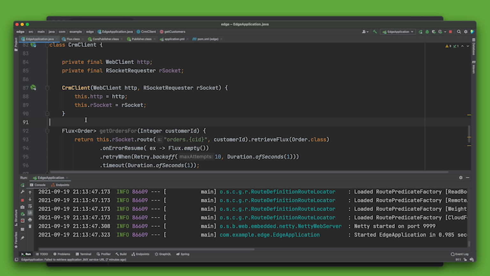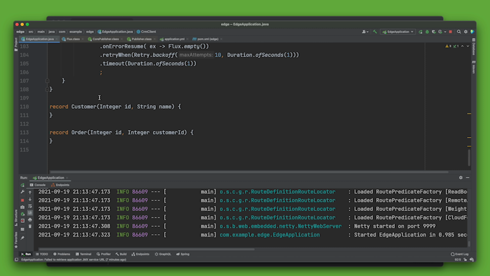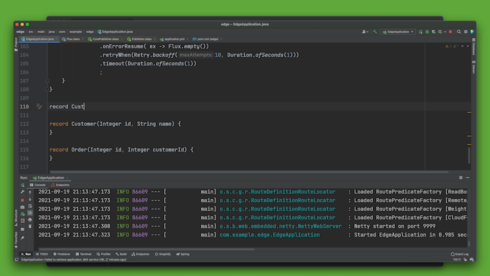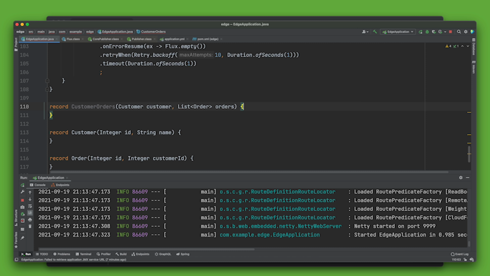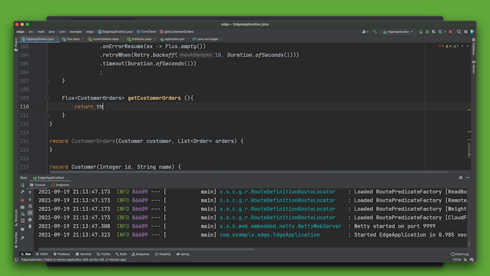But now I want to build, like I say, a composite. I want to compose these streams of data. So I'm going to create a new aggregate here, customer orders, and it'll be a customer on the left. The first field is a customer, and then a list of orders on the right. All right, so there's my aggregate. It's customer orders, and I want to create a new endpoint that returns both the customers and the orders for those customers, right? So get customer orders, return